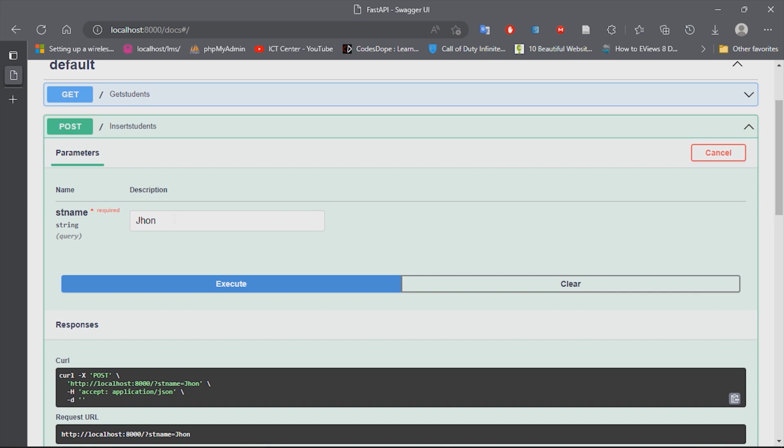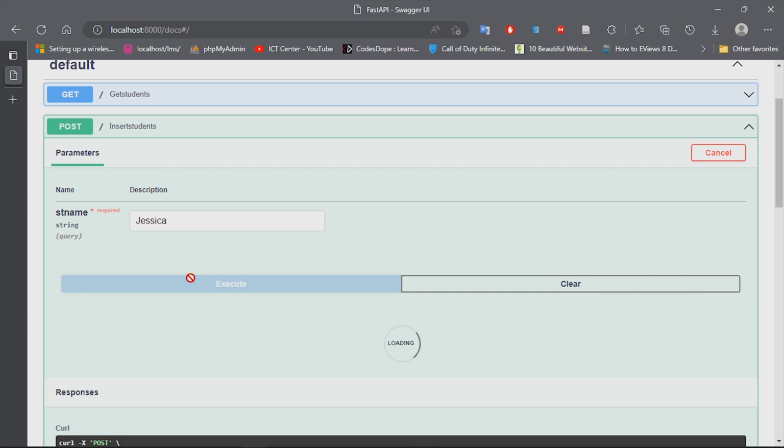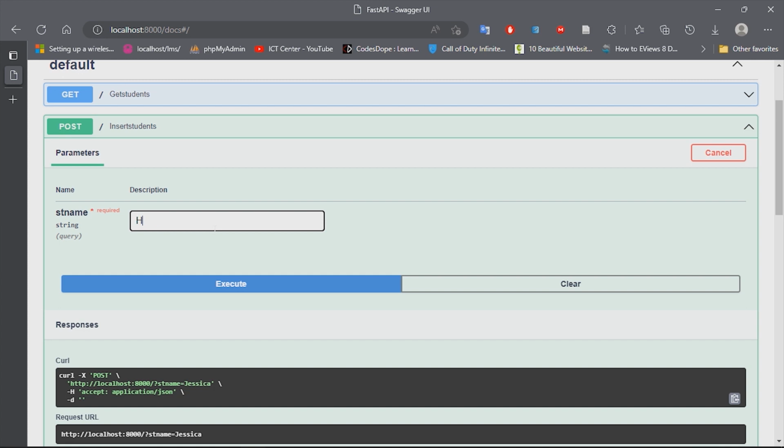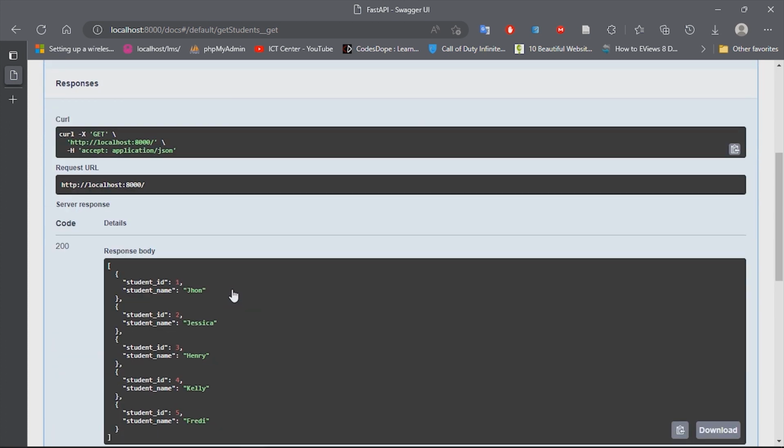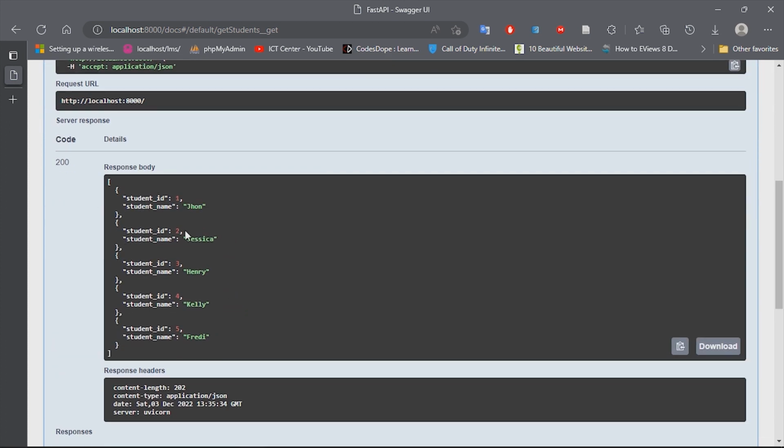We can insert more student names like Jessica and press execute, and some more names, maybe Henry, Kelly, and Freddy, and we have inserted 5 names. We can go to our get method now and press execute, and what you will see is all the records here: student 1, 2, 3, 4 and 5 as we inserted. Now maybe we can declare our get method again to retrieve student names when we insert our